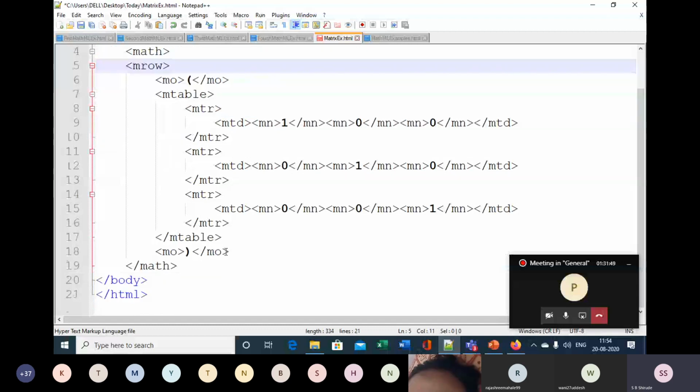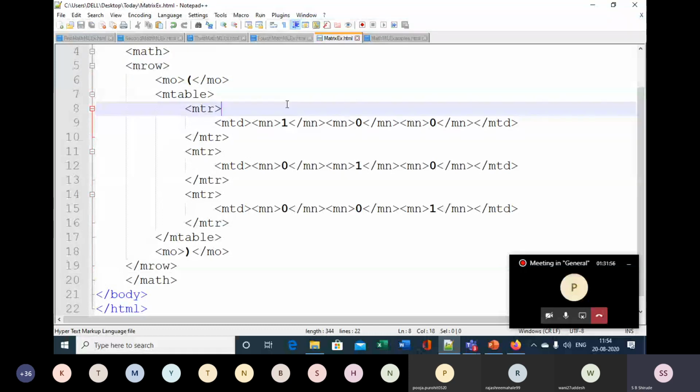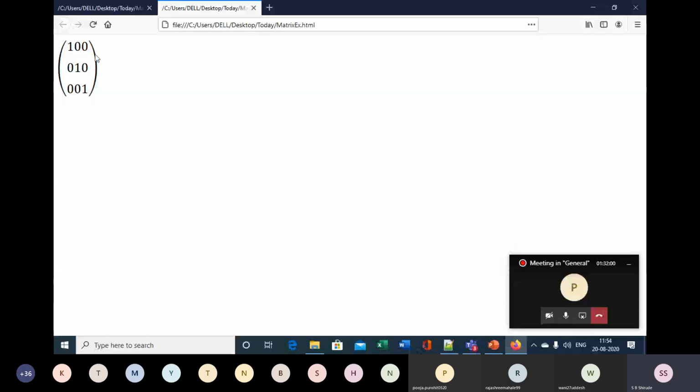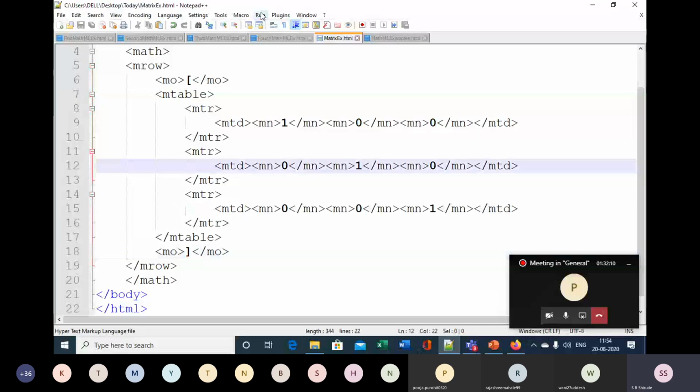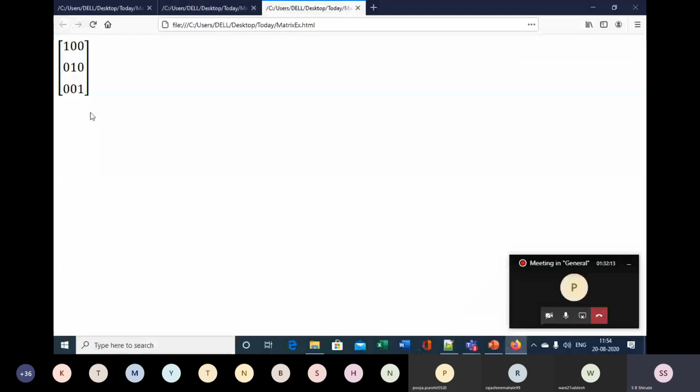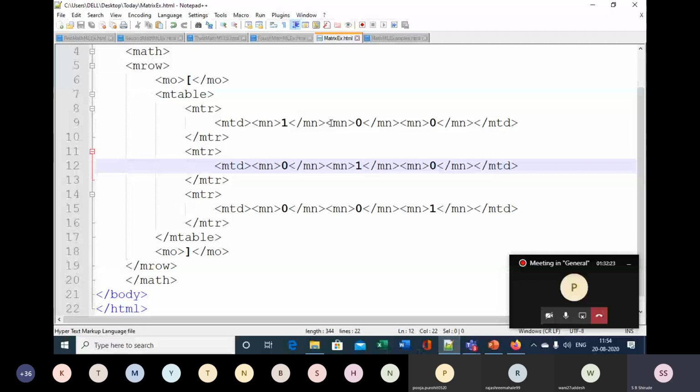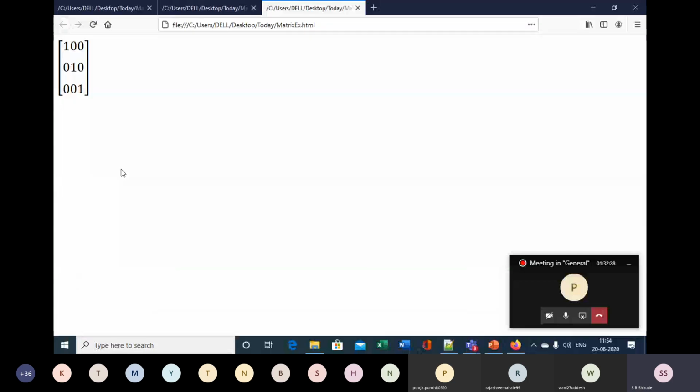And then if you launch this output in Firefox, you see that there is a round bracket. Now, if you don't want round brackets, you can put square brackets. You can change the square bracket or to the curly brackets. Now, if you launch it, then that identity matrix is displayed in square brackets. If you want to put a space also over here, then that also you can put. After 1, some space you can insert, and then after 0, some space you can insert, and then like a matrix here, you can display the matrix.